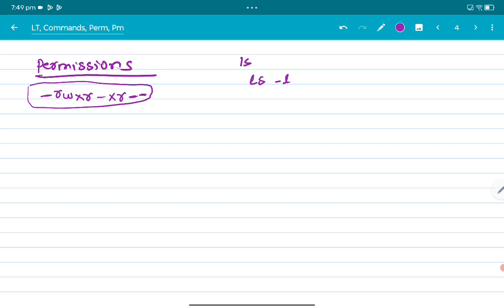So basically r means read, w means write permission, x means execute permission. Read means you can view that file, write means you can modify that file, and execute means you can run the file like a program. Okay,